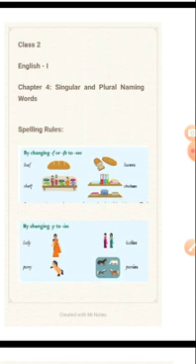Good morning, dear children. Today in this class, we are going to continue the spelling rules we have been learning for singular and plural naming words. In our last class, we learned how to change a singular naming word to a plural naming word, means something which is one in number as naming word to many in number.